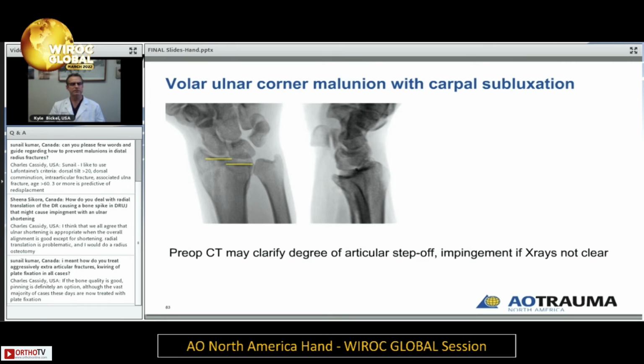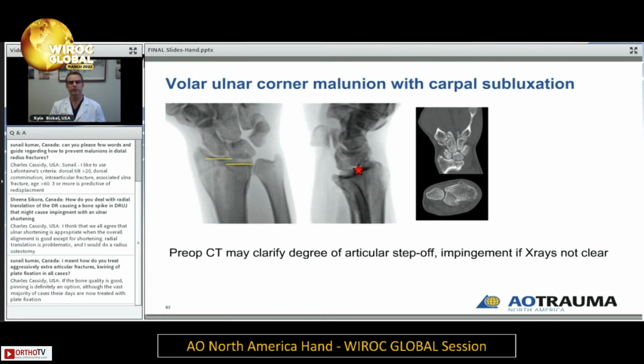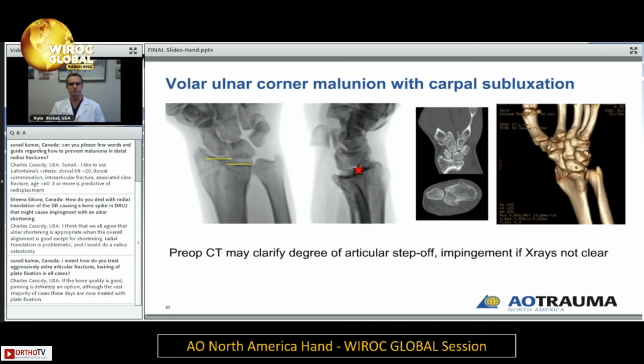You can see that there's a step off of some sort, and you can see the impingement that results from the sagittal plane or the coronal plane displacement, where you get now that sharp edge of the remaining dorsal fracture impinging on the displaced lunate, and it's quite painful. So in order to better evaluate the three-dimensional characteristics of this, a CT scan was obtained with three-dimensional reconstructions, and